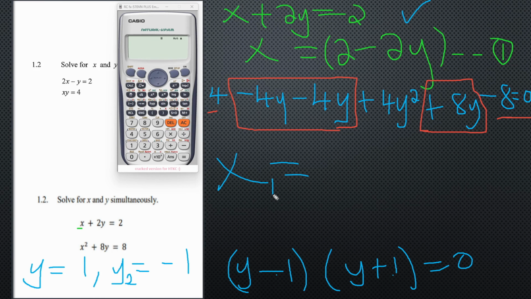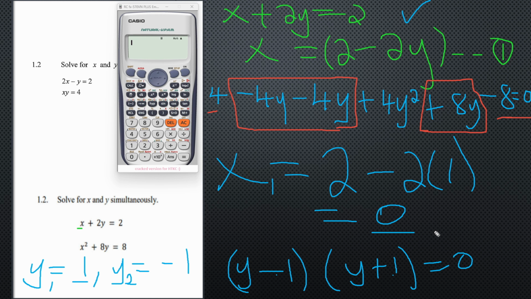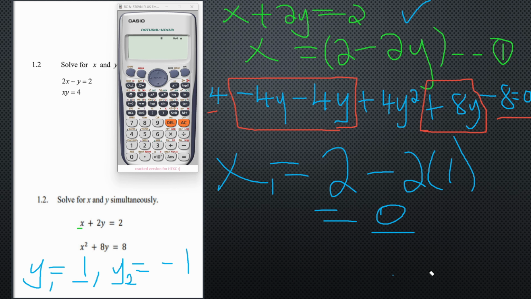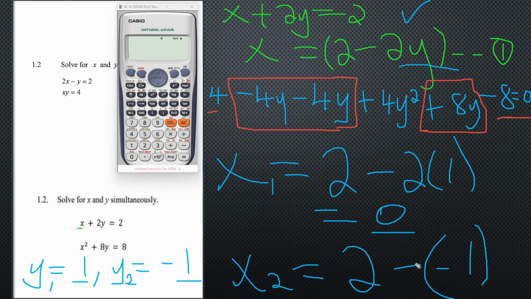So now I can jump into it and say that x, more especially x1, is equals to 2 minus 2, and then we have a 1 here. Then this means that this is equals to 0. Okay, and then let's go and substitute the other one. So this means that x2 is equals to 2 minus, and then y will be negative 1, and then remember the 2